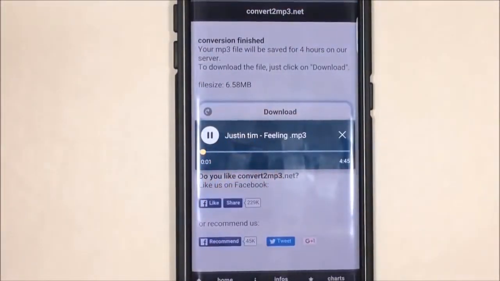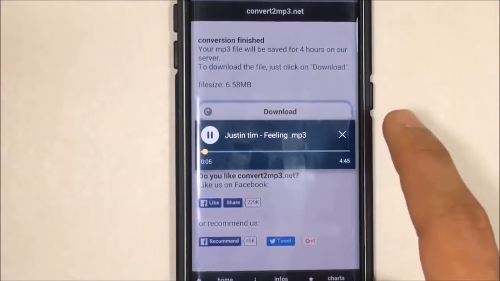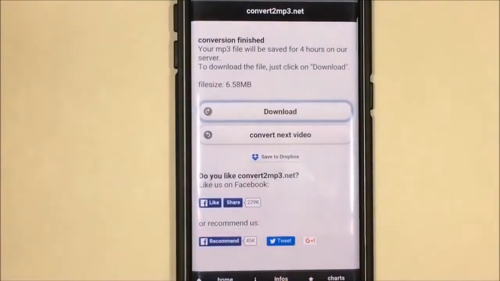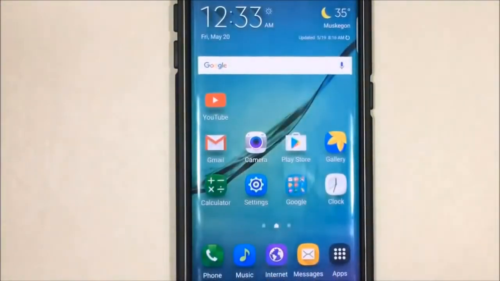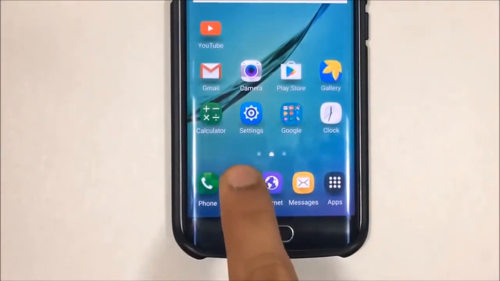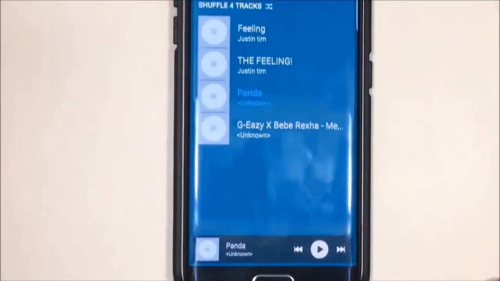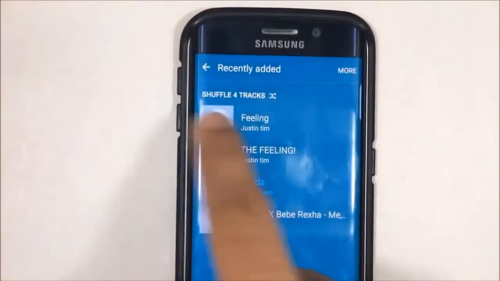Just click. See, I'm not going to play the song because of the copyright issue, but I'm going to show you in my music player that it added there. So I'm going to go and recently add it in my music player. Yep, right there, Feeling. See, if this